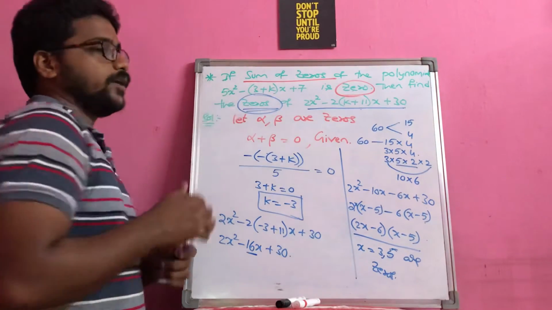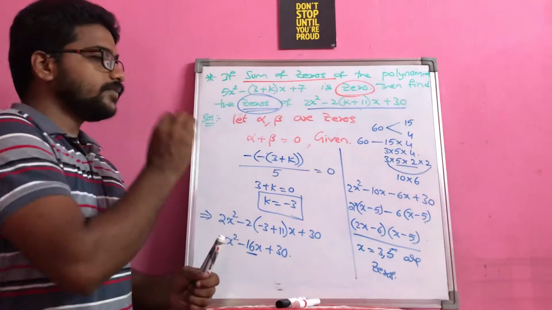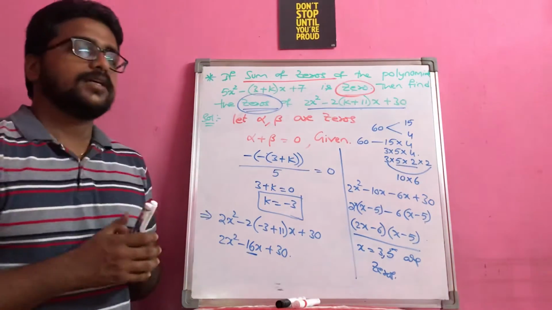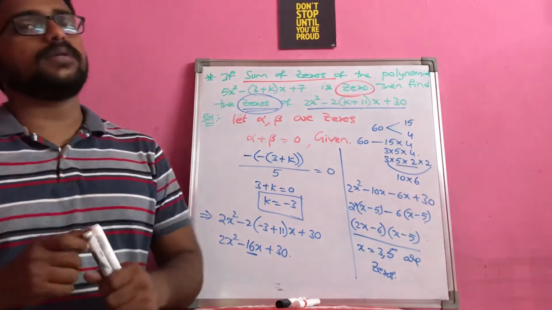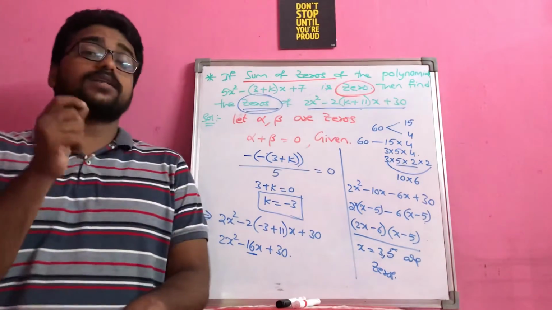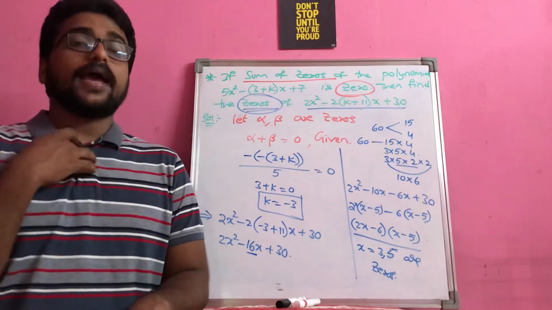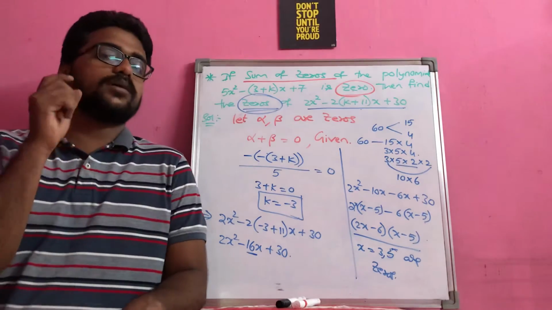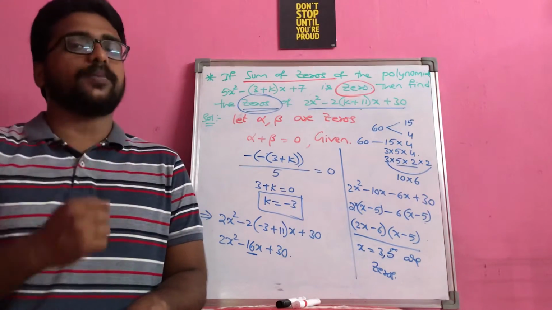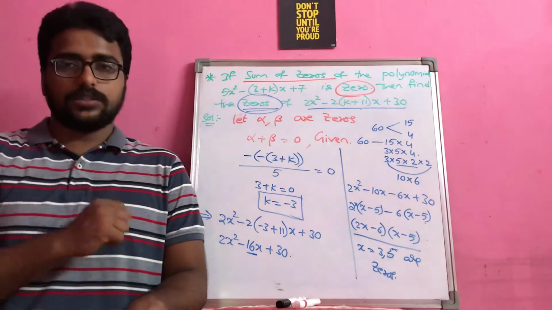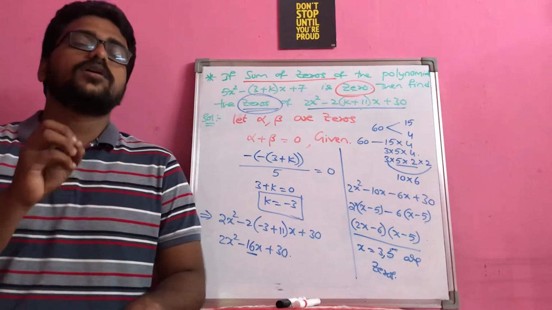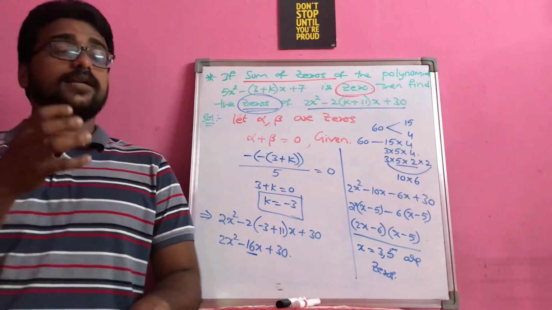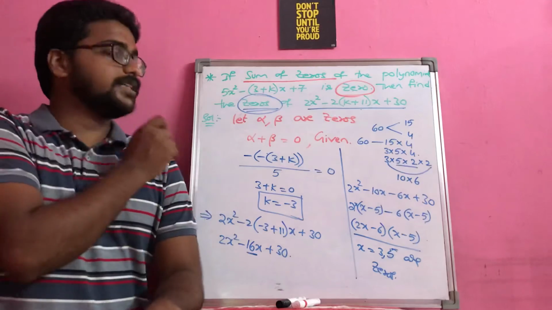Now, these are the important models with respect to the relation between the zeros and the coefficients of a polynomial in word problems. So again, the key point that you have to remember is that it depends on the question and what condition they have given to you. Accordingly, you have to proceed. If in the question they mention the multiplicative inverse or something related to the product, go for the product of the roots. If they mention the sum of the roots or something related to addition or additive inverse, then go for the sum of the roots.